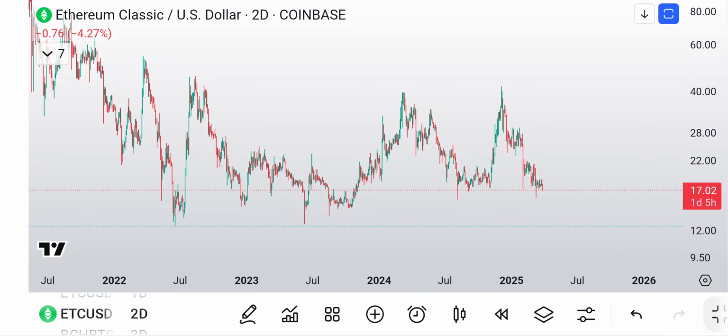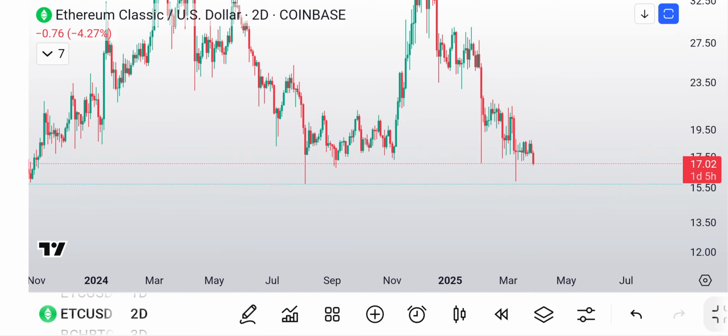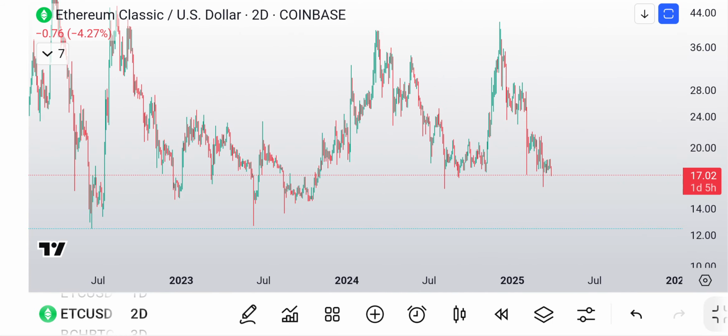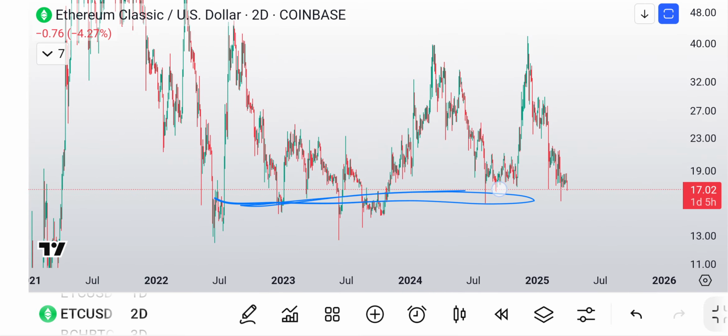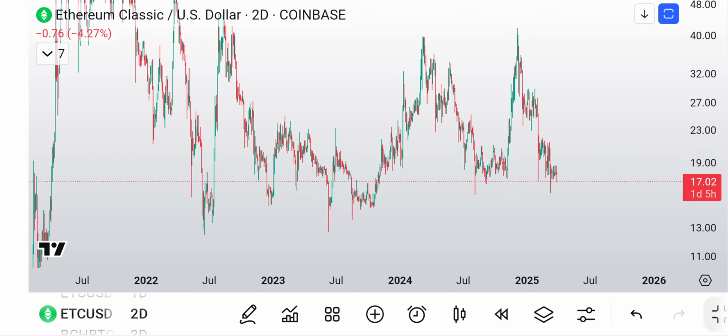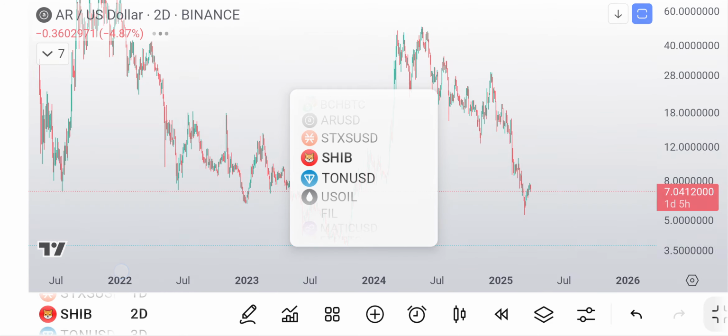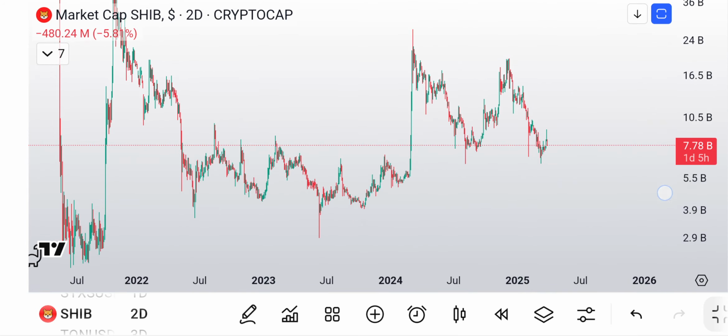Ethereum Classic looks better because it's got much more support down here. Look at all that support. There's a lot of support. All right, so let's